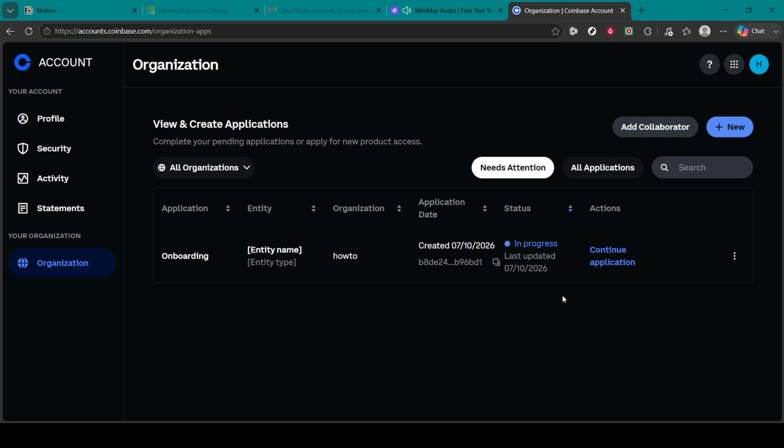First, open Coinbase and log into your account. Once you're on the main dashboard, the first thing you need to check is your account balance. Before you can permanently close your Coinbase account, your balance must be completely empty. This means you cannot have any cryptocurrency stored in your Coinbase wallet, and you cannot have any remaining cash balance